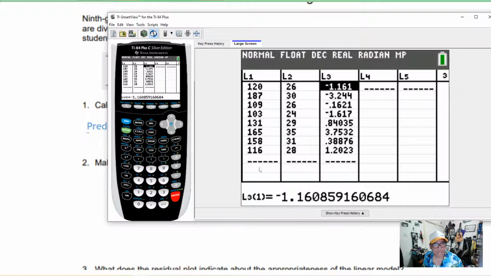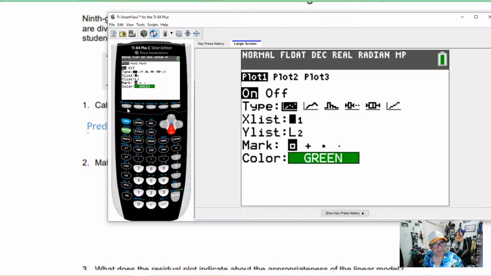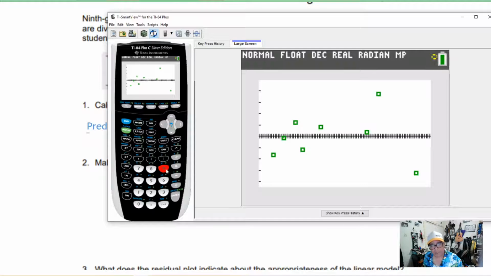Okay. Now that I have the residuals, I can go to Stat Plot, look at plot 1, and instead of plotting L1 with L2, I want to plot the body weights, which was L1, against the residuals, which I put in L3. Zoom 9, and that gives me the residual plot. Okay, so that's one way to do it. The other way to do it